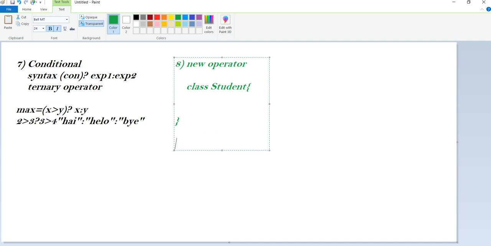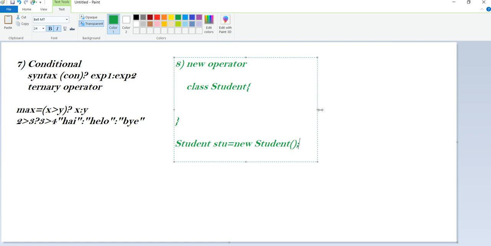Then I allocate some memory for Student: Student stu equal to new Student. Once we declare this, memory is allocated for a Student object.